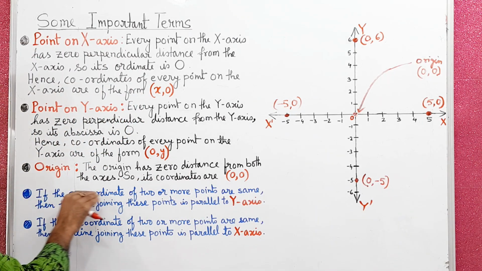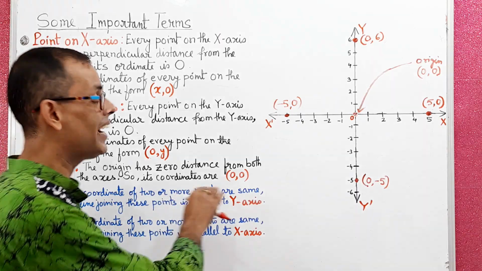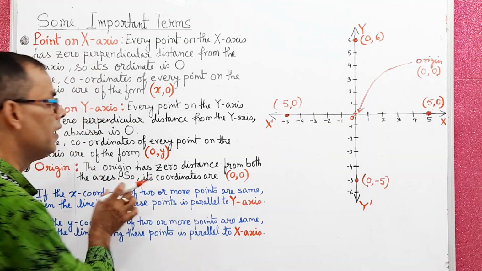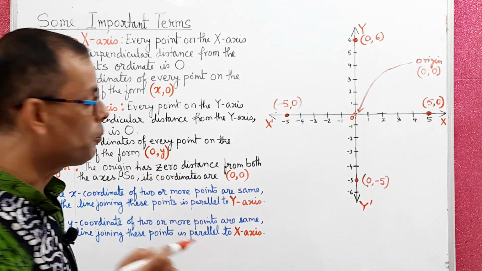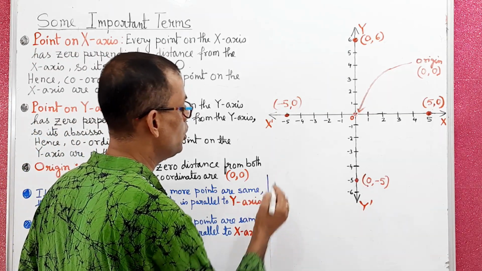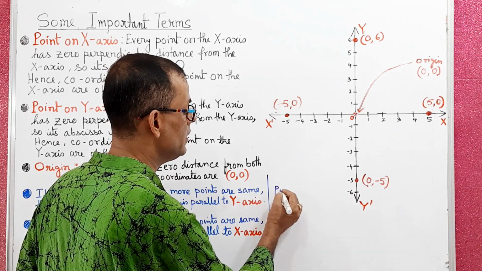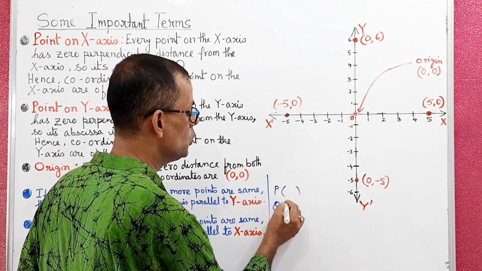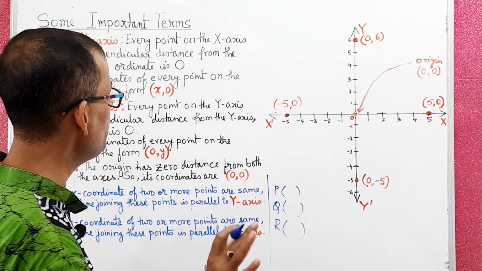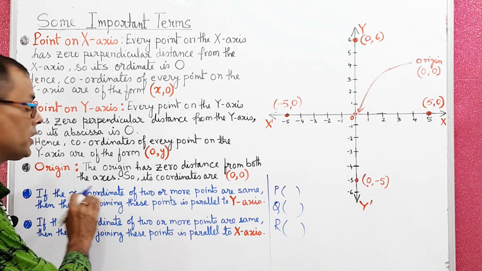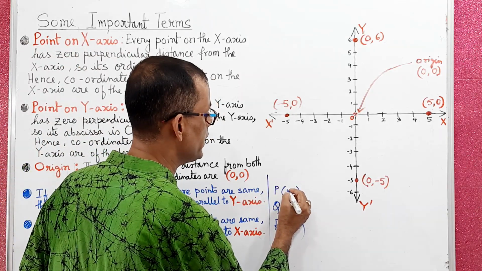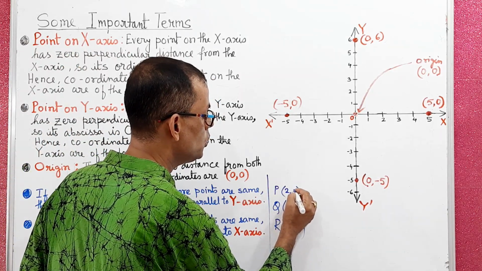Now if the x coordinate of two or more points is the same, that means the value of the x coordinate is the same in 2 or 3 points. For example, let us take one example. Suppose I take one point as P, one point as Q and one point as R. I take 3 points, and in these 3 points I have to maintain the x coordinate the same. Suppose I make the x coordinate 2,